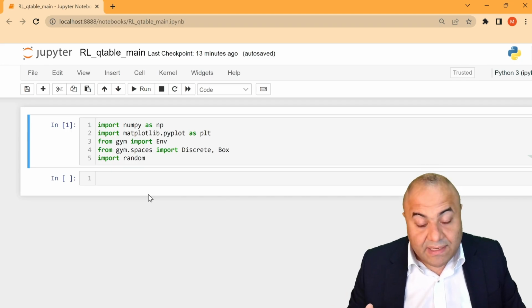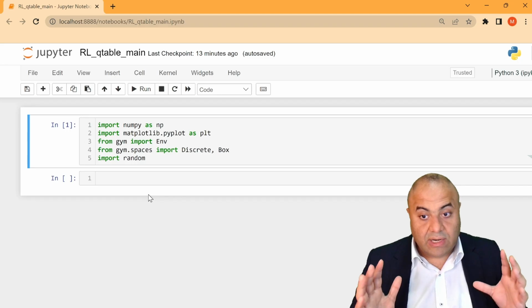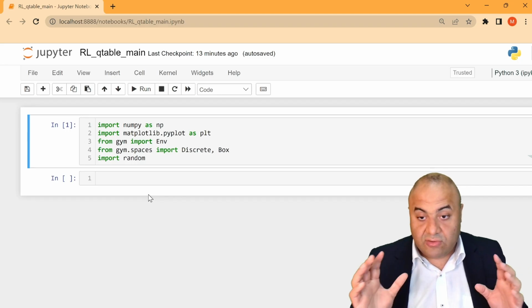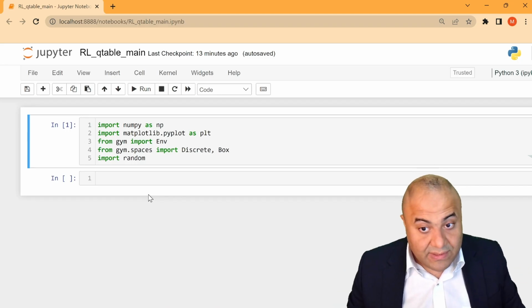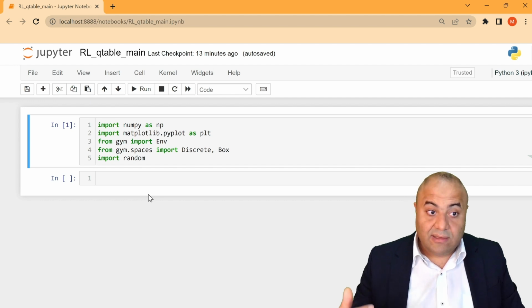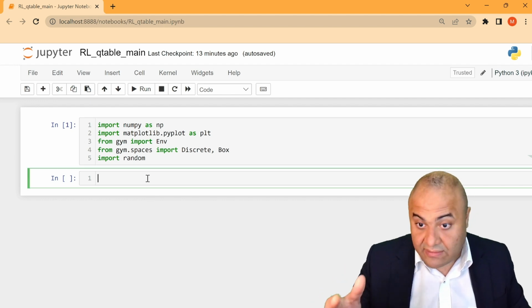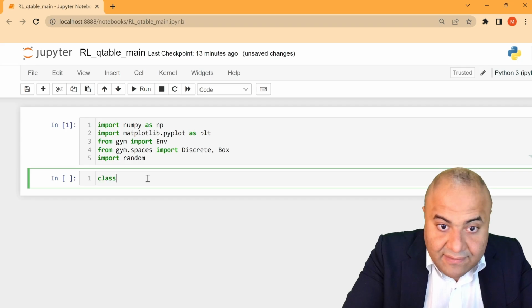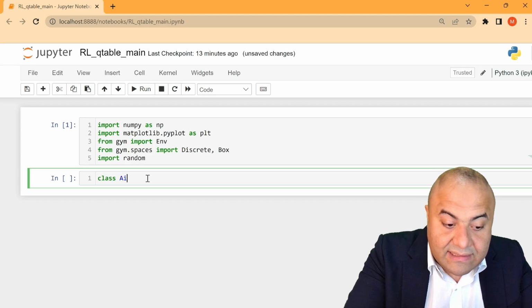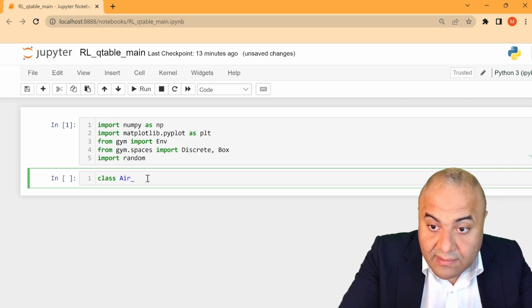So it's a very simple thing. We have a controller to control a room temperature from 26 to 24. So how do we do it? Well, basically, let's write the code. First we define a class, and this class is going to be the class